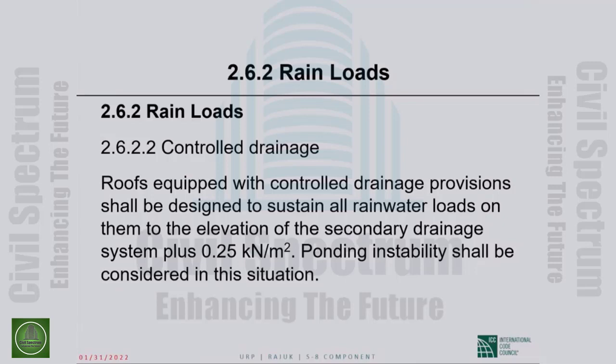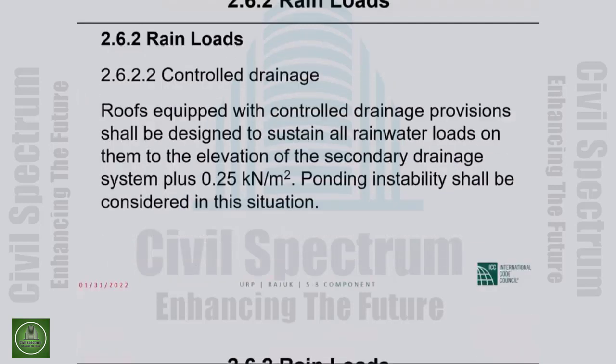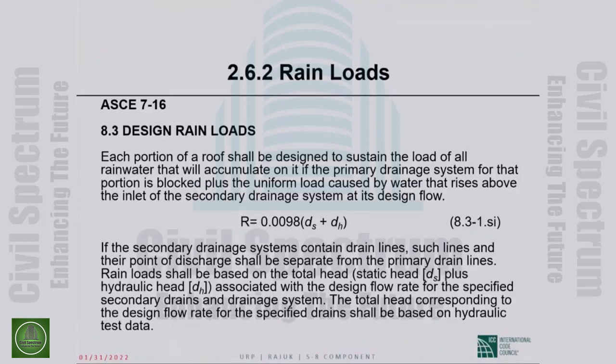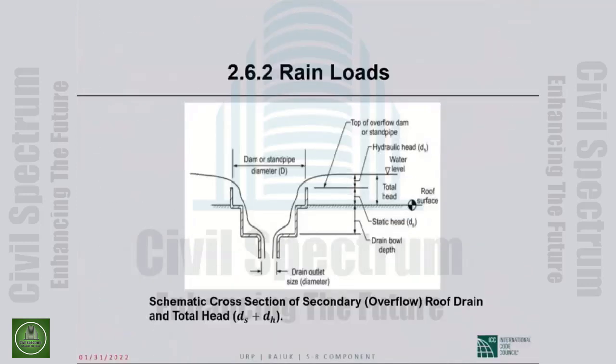So, shall be designed to sustain all rainwater loads on them to the elevation of the secondary drainage system plus 5 pounds per square foot. Ponding instability. This is much more understandable because that is a defined level. Now,